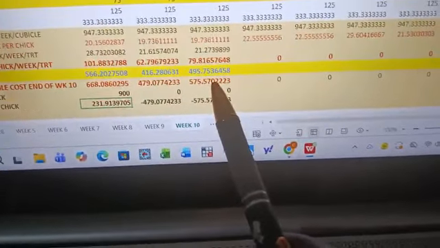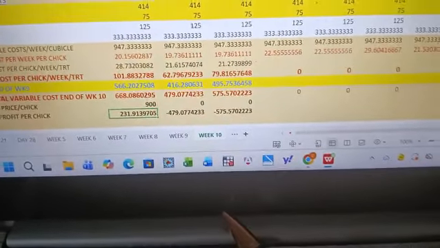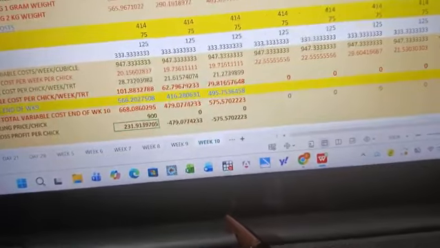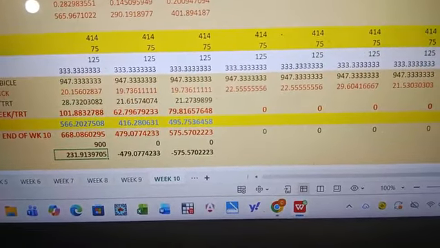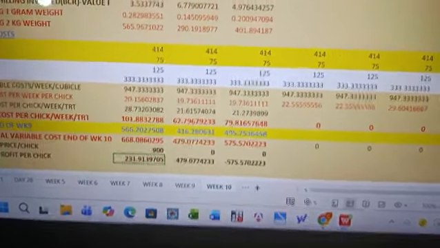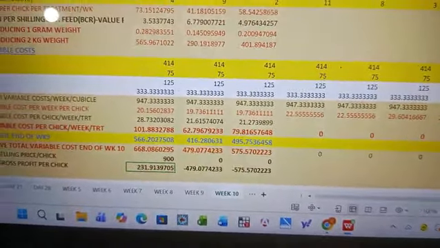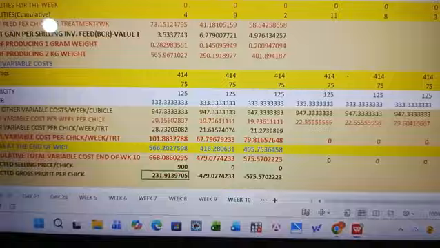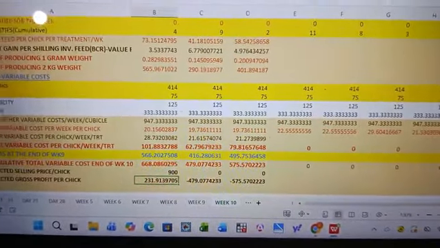Then those that were feeding on chick mash and the growers mash, by the end of the 10th week, each bird had consumed 575 shillings. And this cumulative variable cost is very important, because then it's the values that will assist us to compute the profit levels and even the break-even price, at what price we shall be able